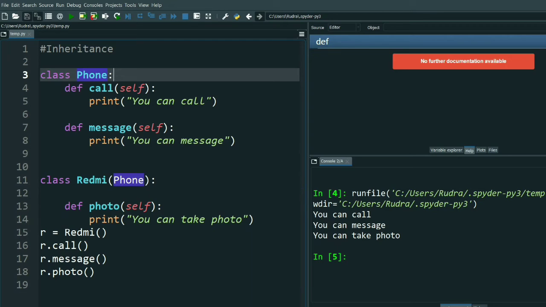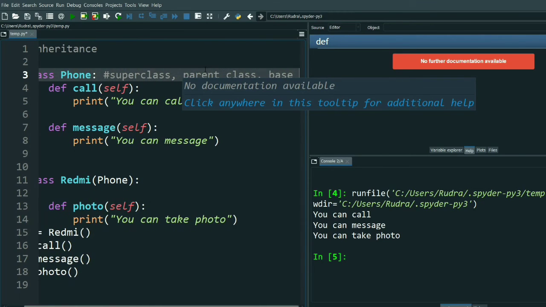Okay, is it clear? This is inheritance. I'm writing here in a comment: you can call Phone a super class. Remember these things, they are very important. You can call it a parent class, and also a base class.